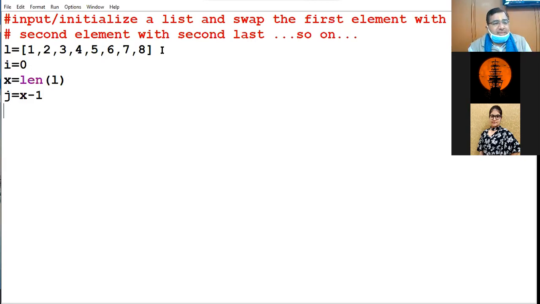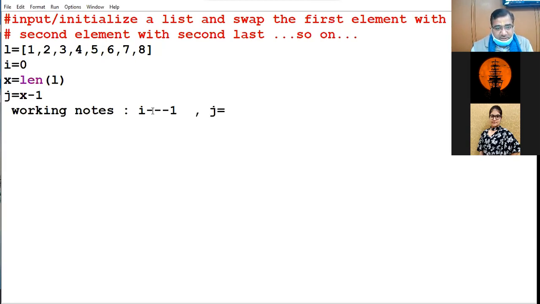Now, as per the list, I just write one working note over here so that it makes it more clear to you people. i is placed at 0. That means i is pointing to which element? 1. j is placed at x minus 1. That means j is pointing to 8.